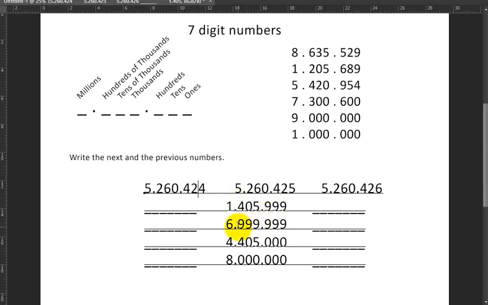Now this is where it starts to get a little more tricky. Here we have 1,405,999. Now watch what happens. We just said that if we want this to go up by 1, that means that we need to make the ones increase by 1. Okay, so does that mean that 9 is going to become 10? So should I write this? Is this a correct answer? The answer is no, of course not,